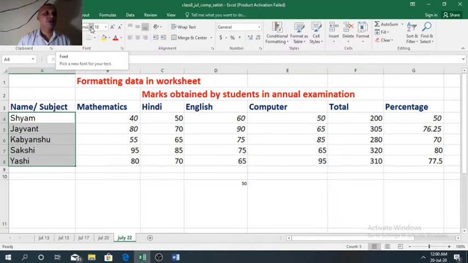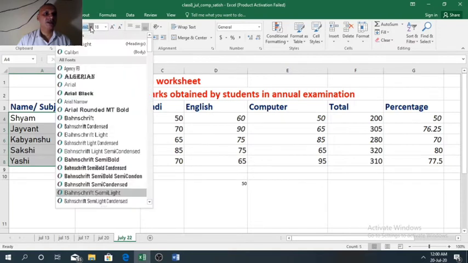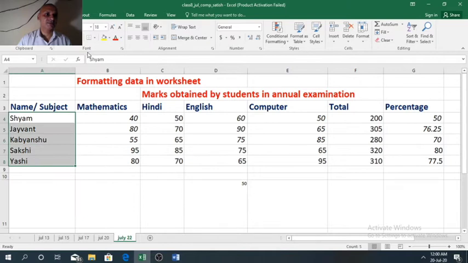See once more, going to the Home tab, clicking the arrow to the right of font style and choosing any font of your choice. In the same way, to change the font size, just to the right side of font style we have font size option.